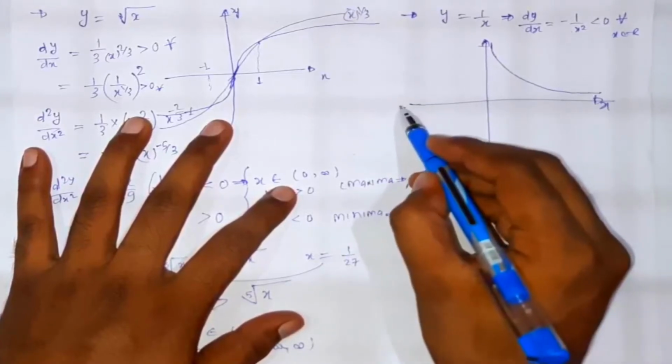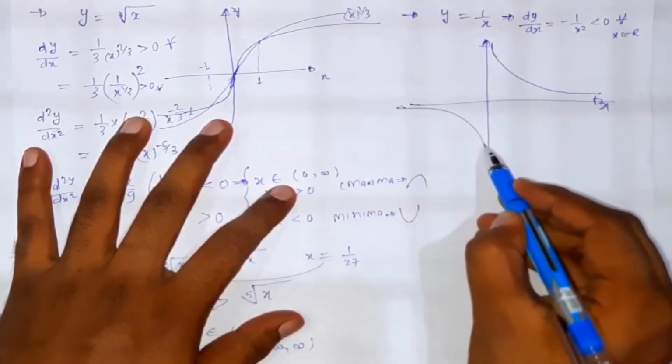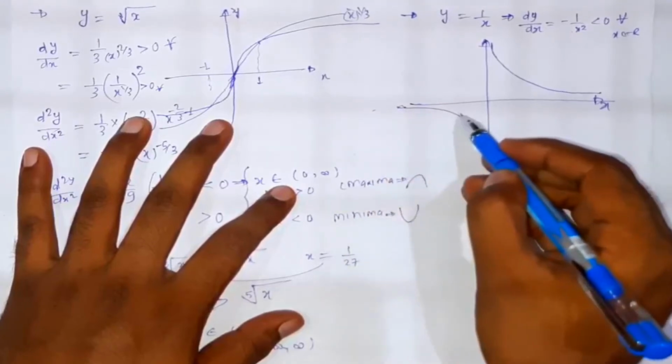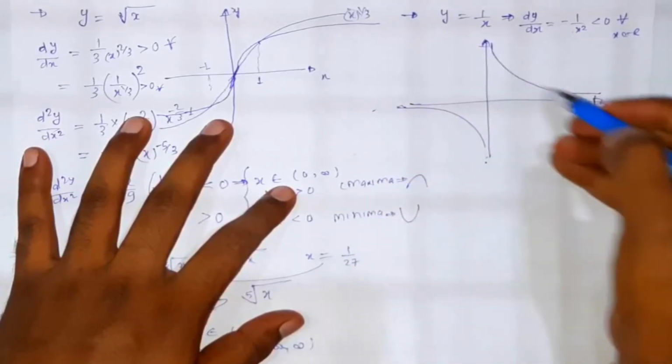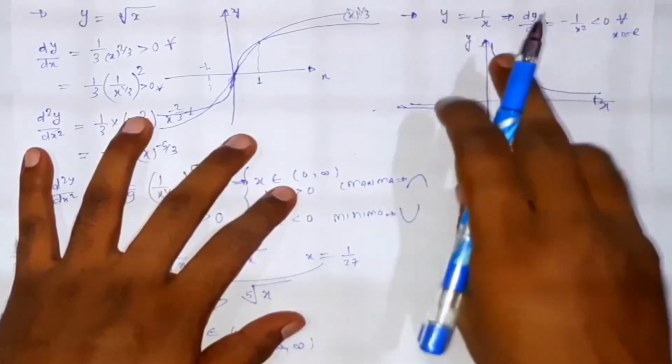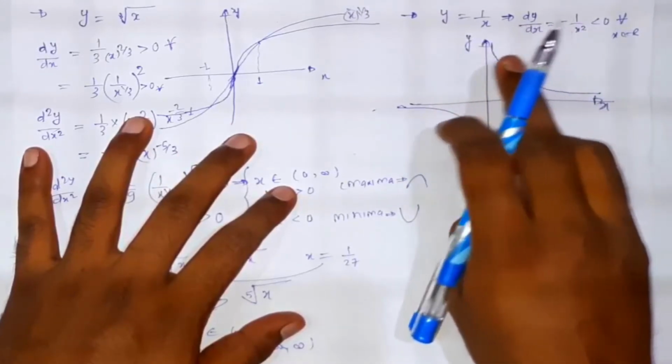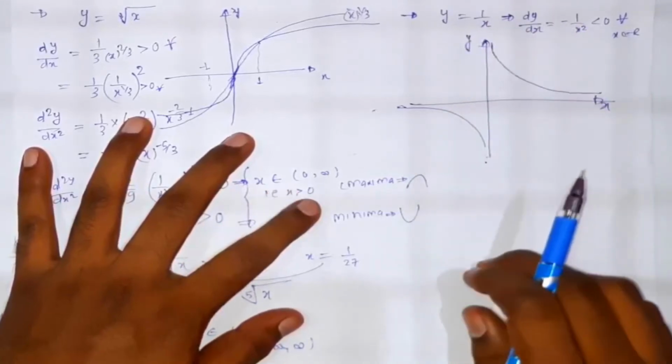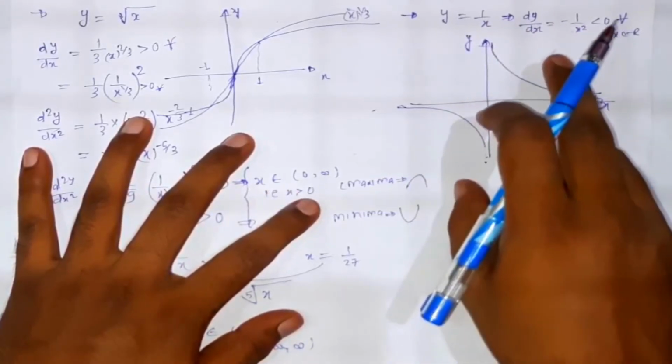Okay, again this function is going to be decreasing. This will be like this. If we are increasing the value of x, the y value is decreasing. In this portion also the y value is decreasing. So we can say this is a decreasing function. We can also check with the concavity and convexity of this function. Okay, so you can do this. Okay, this is simple.